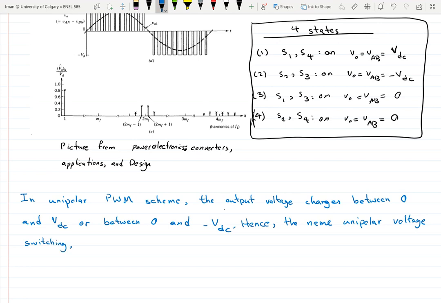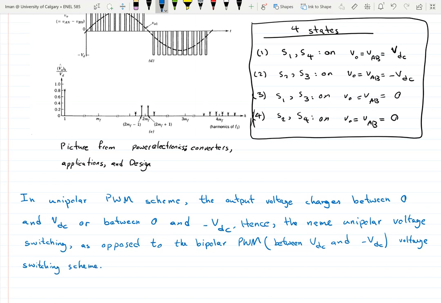As opposed to the bipolar PWM, in which the states toggled between VDC and minus VDC. Voltage switching scheme. Okay, so